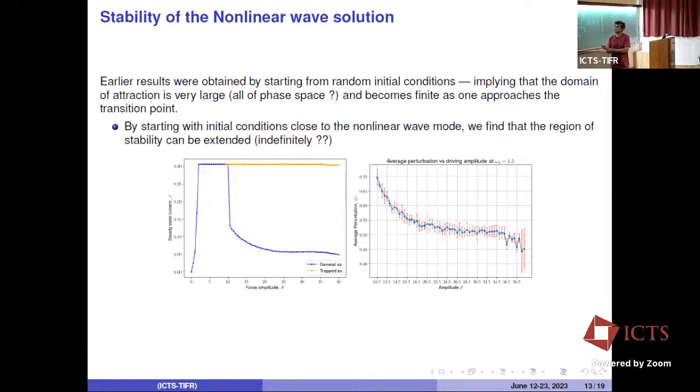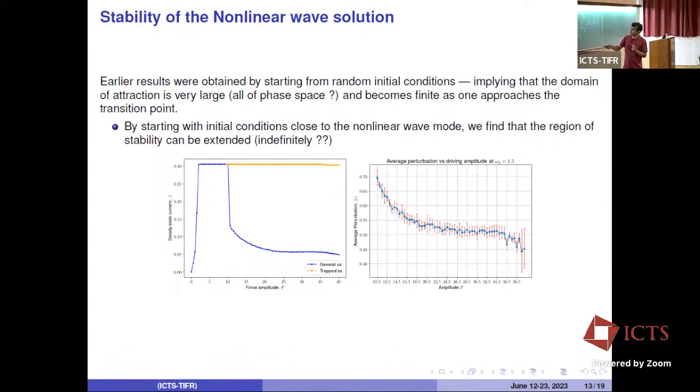And here, once you're in this periodic attractor, you can ask what is the size of the basin of attraction? So you can put in a perturbation and see if it returns to the basin. This is what we do. We ask what is the size of the perturbation needed to take you out of the basin of attraction. And we find that forces beyond 10.5 are the transition, and here you have two attractors.